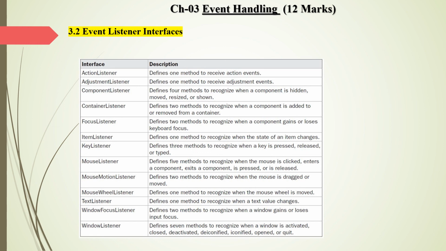So in the next lecture we start the listener topic, and it is very important. Before listeners we see some other topics like adapter class and inner class, and then we start the listeners. Okay, so half of the chapter is completed. In this we only studied the main part, which is event classes, and remember all the event classes, as it is very helpful to understand the coding in the listener.